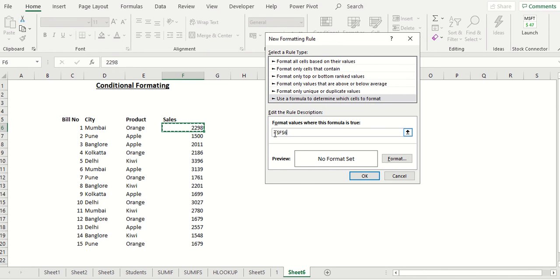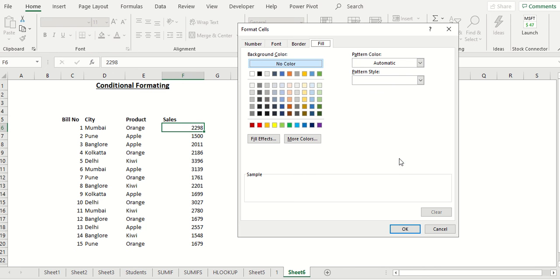If you see there is a freeze in the row and column, we have to remove the freeze, which is the dollar sign, from the row only. Let the freezing of the column be there. Equal to F6 less than 2000.